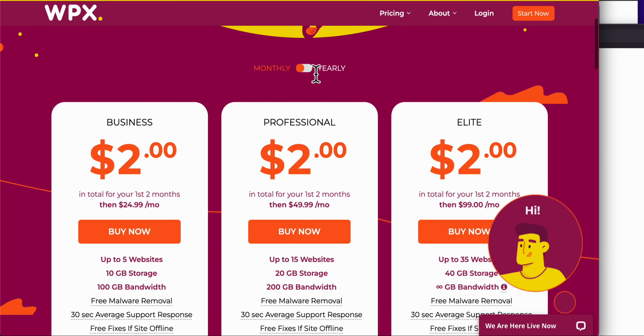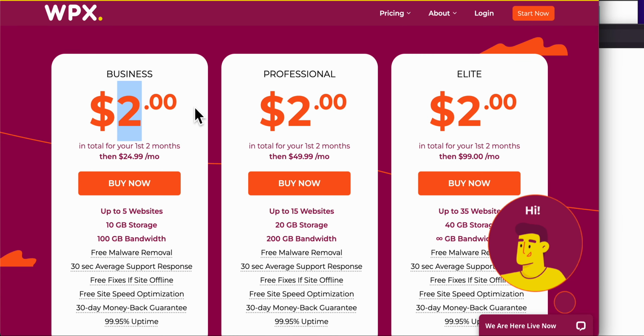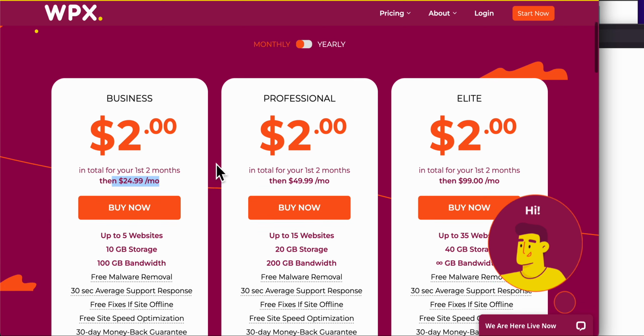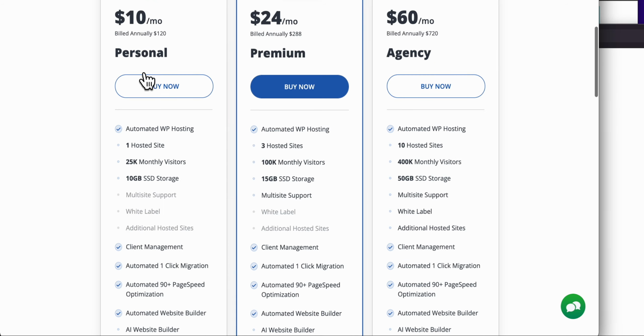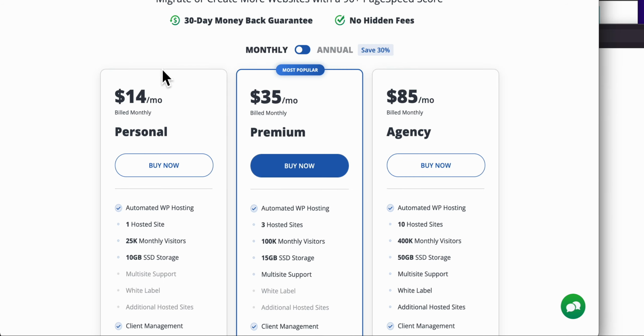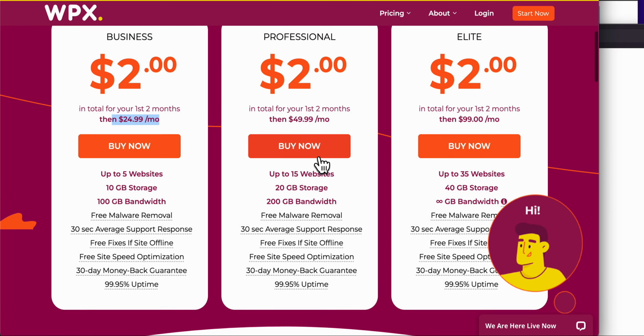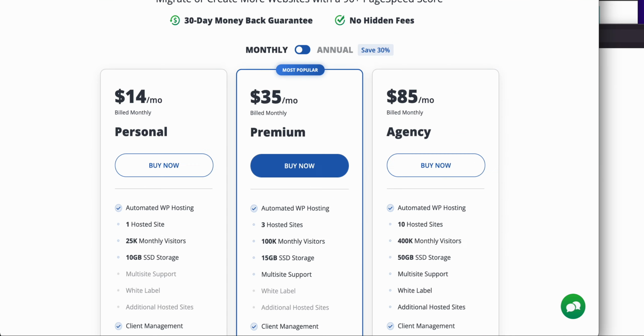And then WPX is also doing a promo, but I'm sure you might not be able to get any of these if you see this in a couple of days. It's $24 a month for up to 5 sites. 10Web is $14 a month for 1 site, $35 for 3 sites. So it really depends on how many websites you want to start. This is 5 websites, which you don't need if you're just going to run one. This one is $14 a month, so that's good.